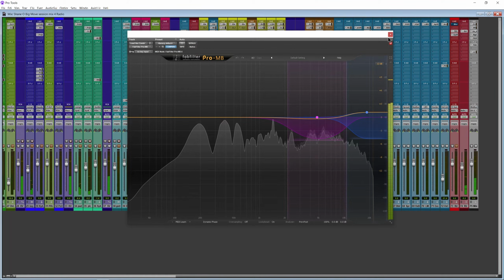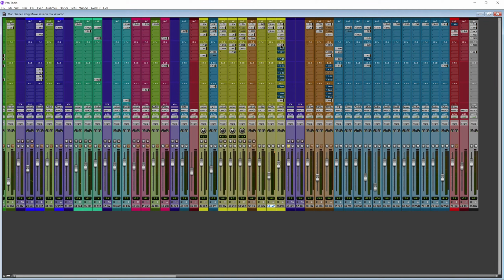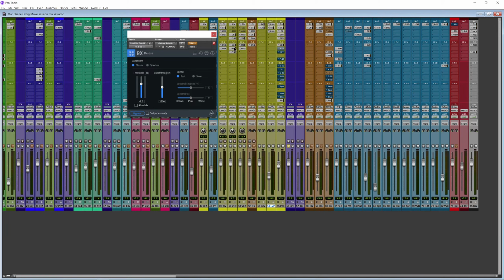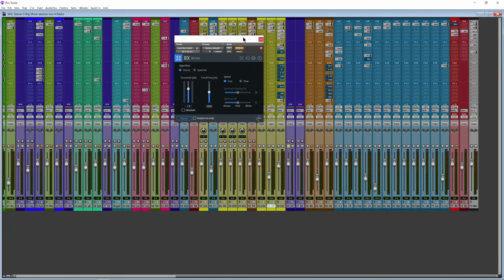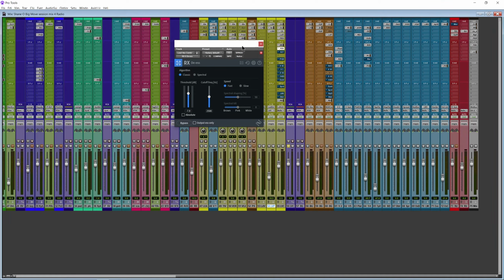Real go getter. There was a lot of transient sticking out in the mid frequency, so I had to compress it a little bit more using a multi-band compressor. Instead of using a 2A or 76 or a VCA type style compressor, I use a multi-band to compress specific frequencies. After that, I added a de-esser. I use the classic settings and the RX de-esser. Pretty decent de-esser, really liked it. And this is what it sounds like.